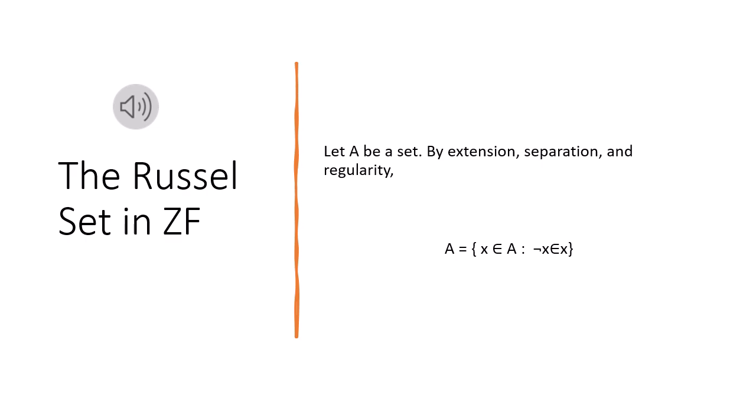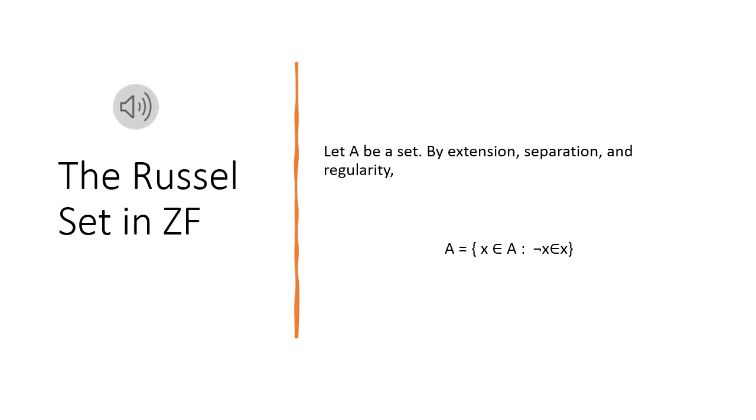Let's now come back and see how we can resolve Russell's paradox. If we form the Russell set now in ZF, remember, we're not assuming the comprehension axiom anymore, but if we form it in ZF, then what we'll need to use is the separation axiom. And the separation axiom requires that we start with a set. In this case, we'll start with the set A, and we'll look at all of those elements which are not